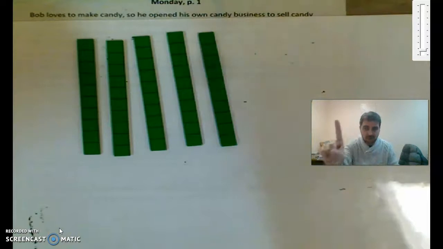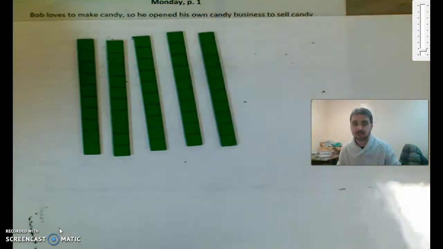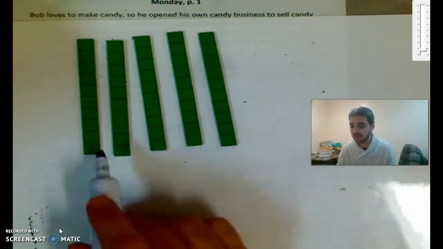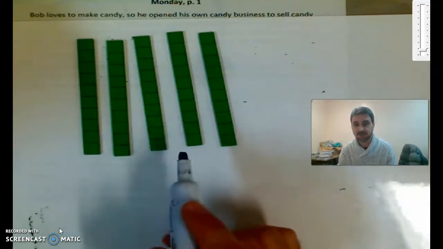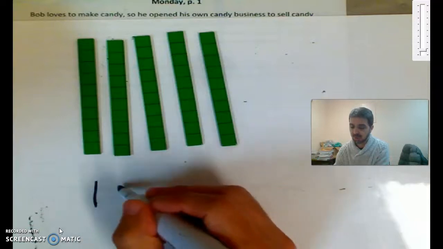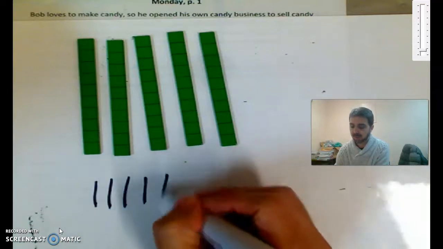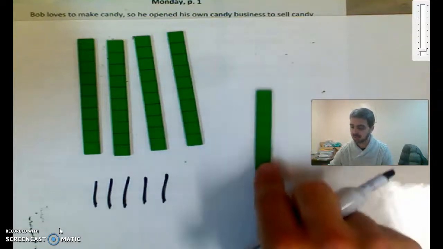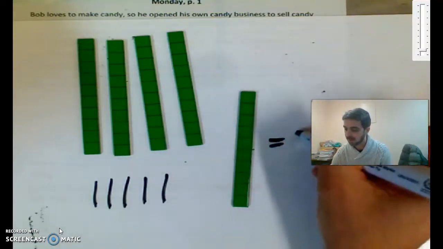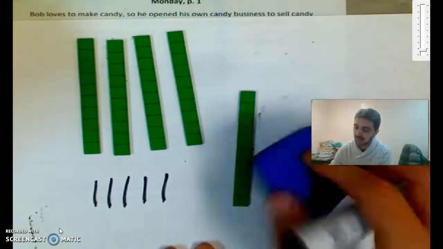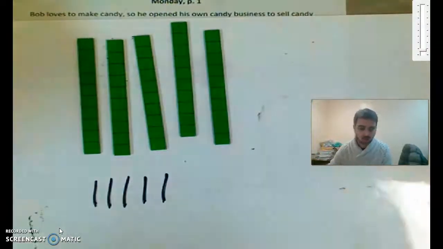All right, boys and girls, there's one more thing I want to make sure you know how to do, which is base 10 shorthand, which just means drawing. If we have 5 10s, 10, 20, 30, 40, 50, and you want to draw that, remember, all you have to do is do this. 10, 20, 30, 40, 50. So this line represents 10. You just put a little line, that means 10. And then if we had some 1s here,